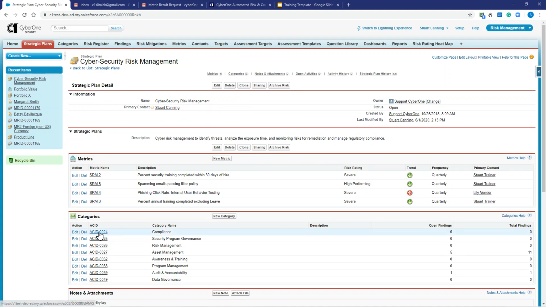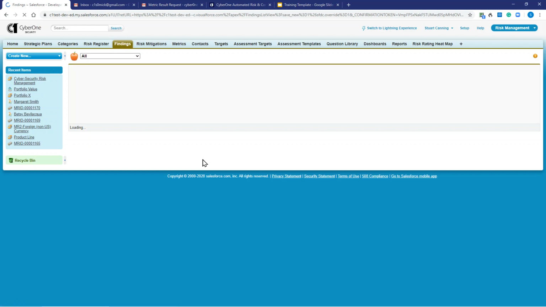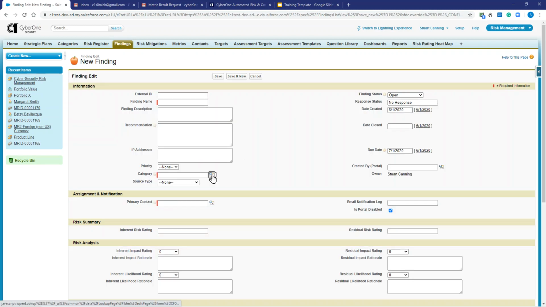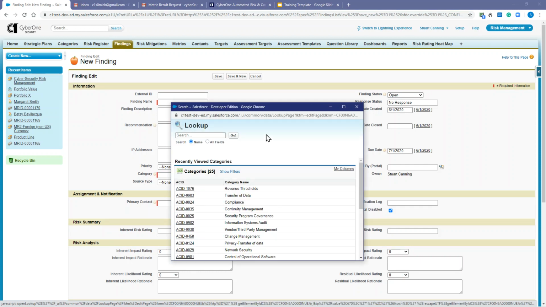And then once we have created these categories and associated them to the strategic plan, when we go in and create a finding, you'll see that we can actually add the finding to that specific risk category. And that way the finding will attach to the strategic plan. So that's how we create that synergy with the risk management workflow and take ERM into issue management through the